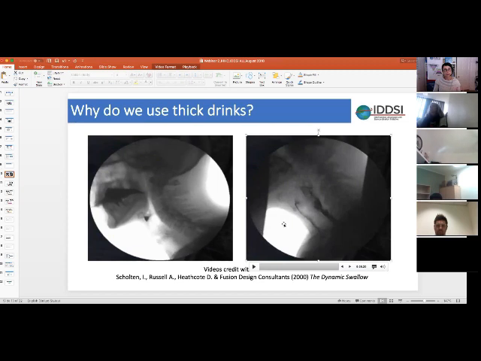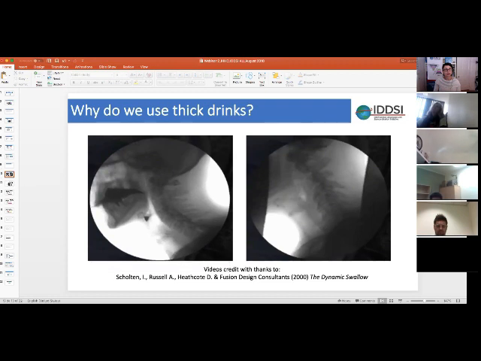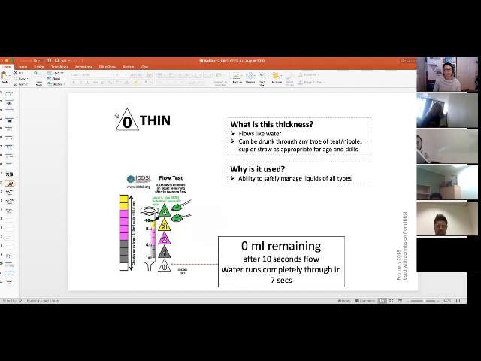So the clinicians will work out which thickness level is safest for the person. And their needs will vary. Not every person requires the same level of thickness. So what IDDSI has done then, we've got our different thickness levels, and what I'm going to go through now